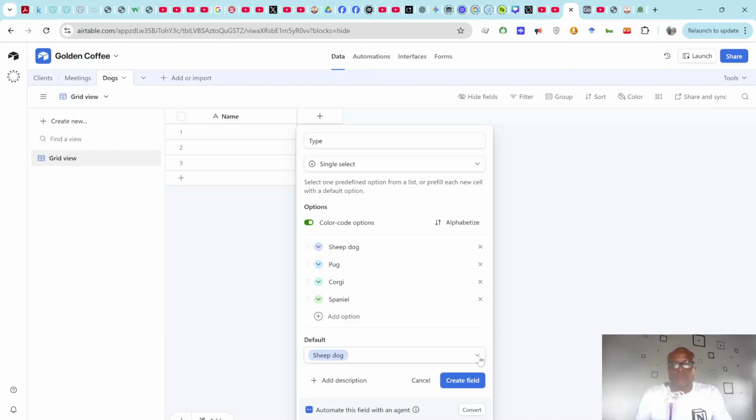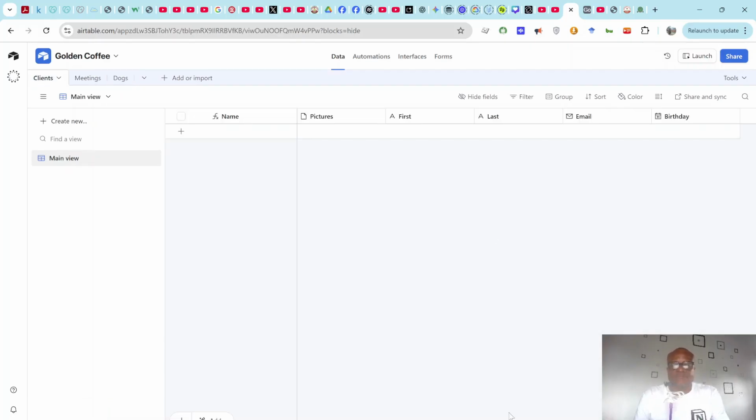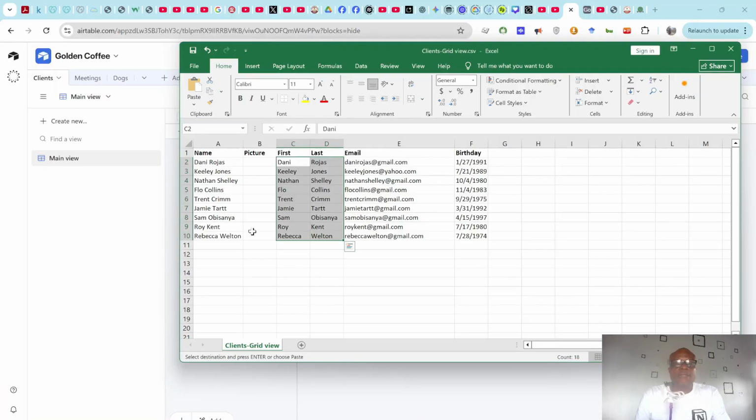All right, so now that we have done that, create field. Now we have gotten clients. Now we want to fill it up with clients. Now clients table, this is what we had. We had Danny Rogers and about 9 different clients over here with their emails. And we are going to populate it with information that has to do with their emails and their date of